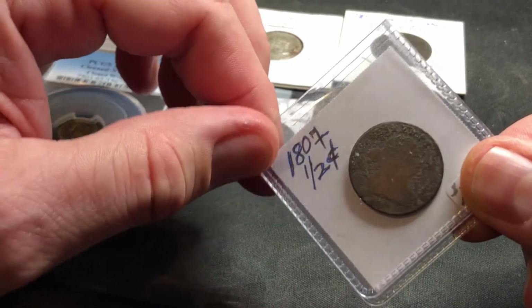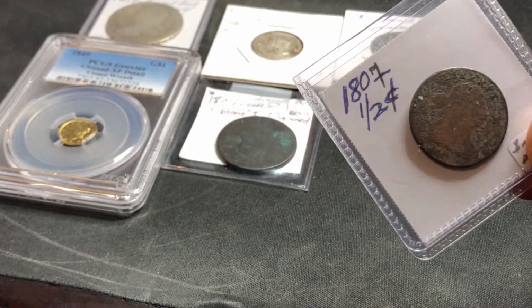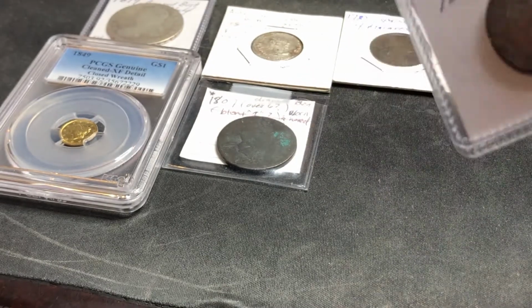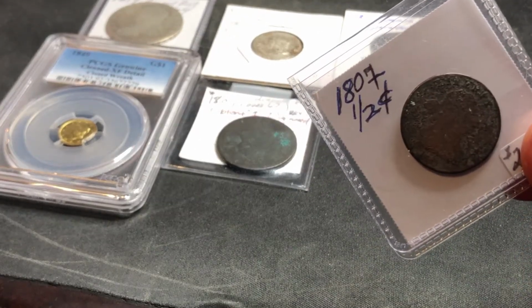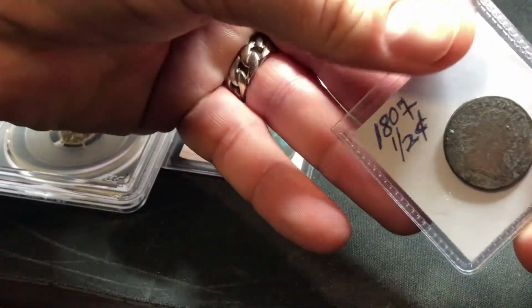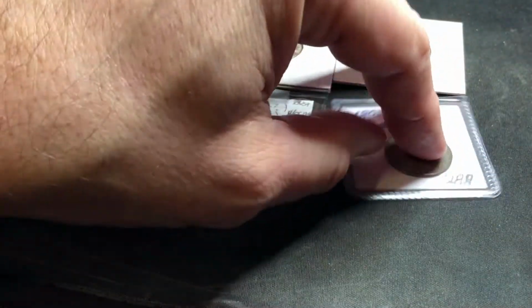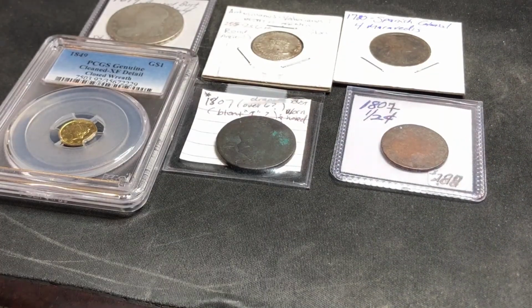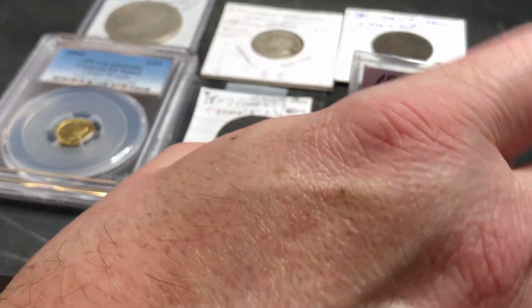And these were, just to give you guys a little bit of background on the draped bust half cent, it's the lowest face value coin that was ever struck by the United States. They are pretty scarce. They're in between different dates and years, etc. There were only proofs made and things of that nature. So you end up with the coin just kind of being tough to collect because you have holes, you have gaps in your collection. So these were made from